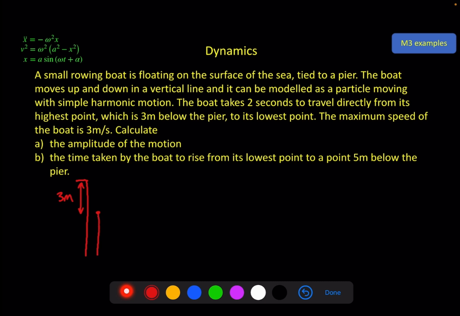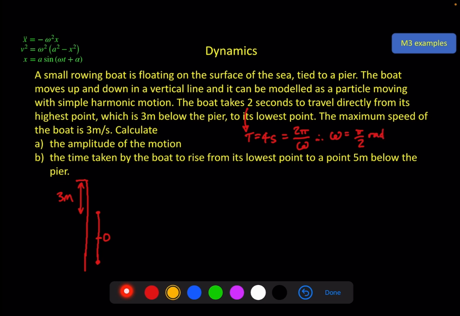And then it goes down to wherever it goes down to, let's say here, with the center of oscillation in the middle. And it takes 2 seconds for the boat to travel directly from its highest point to its lowest point, which is only half of an oscillation. So the period, that's enough information to say, is 4 seconds. And we know that equals 2 pi over omega, so that is enough information for us to find omega. Omega is equal to pi by 2